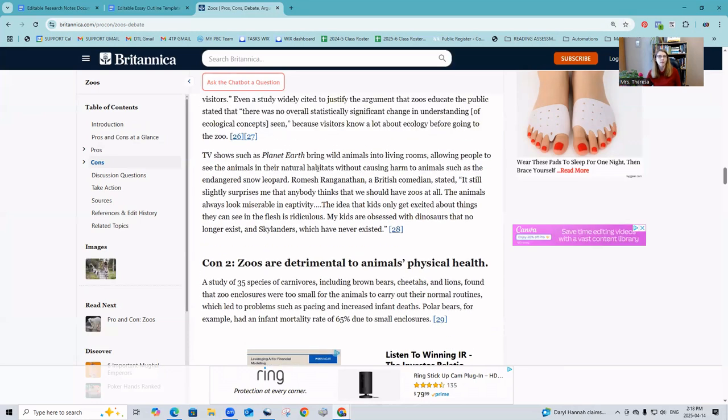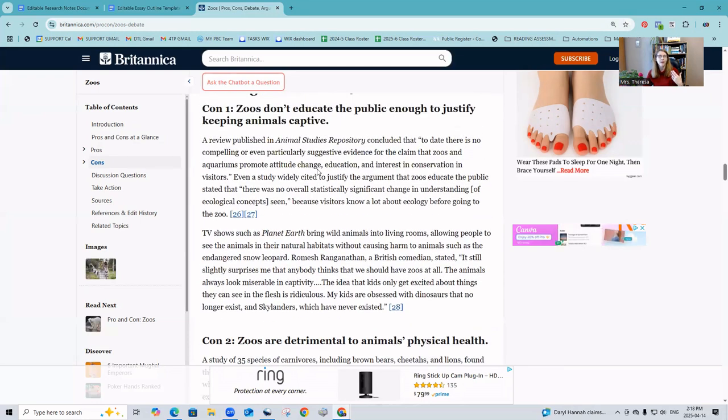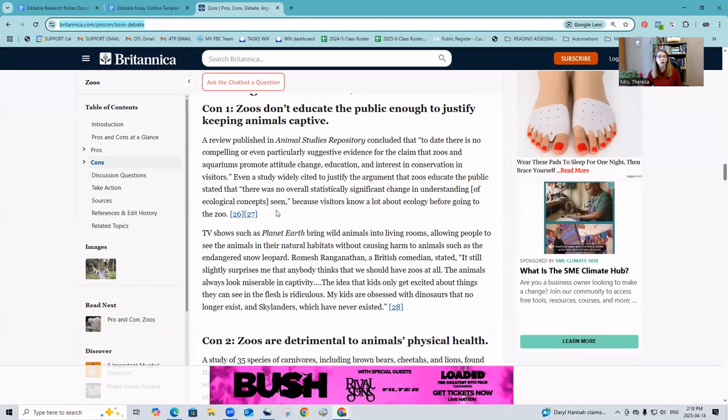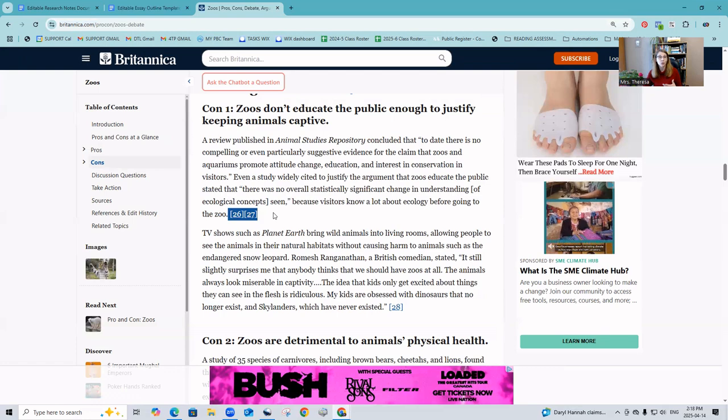Now, when you have a URL like this that has all these links, you can use this page as the source, or you could also use these sources that they give. You could go back to their original source and use that as your source. So let's try one of each.